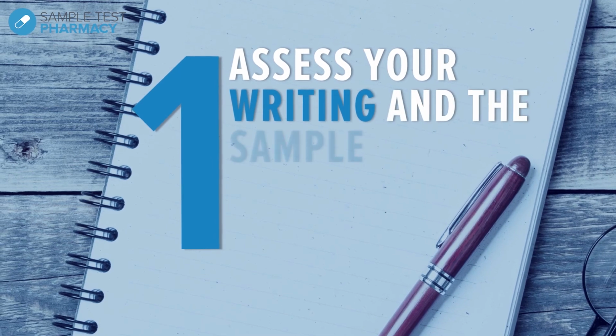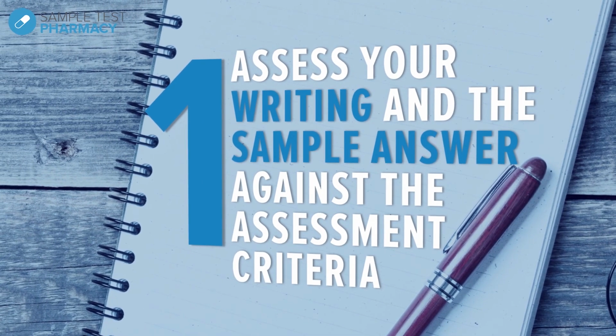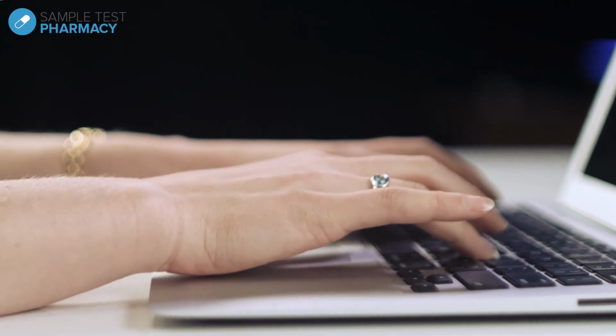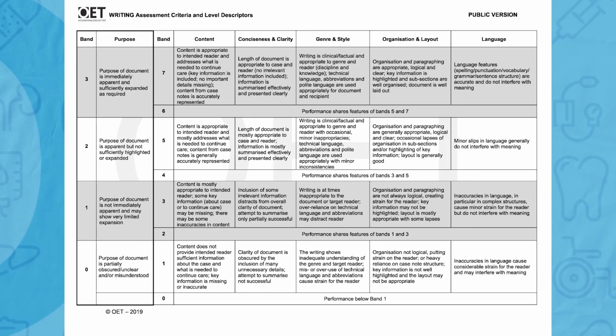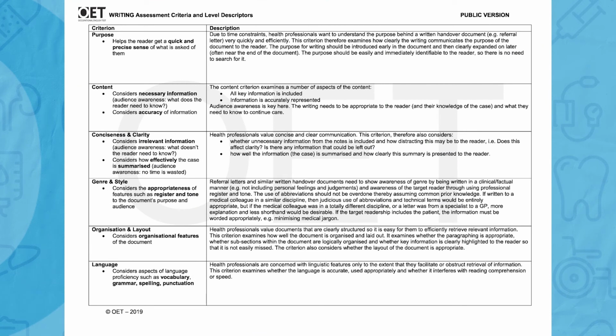Assess your writing and the sample answer against the assessment criteria. The criteria are free to download from the OET website and contain both a description of the 6 criteria you are assessed on, as well as the evidence of what the assessors are looking for to be able to score you at the different levels. Take each criterion in turn, read the evidence statement for each level,